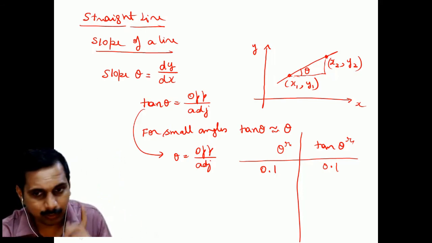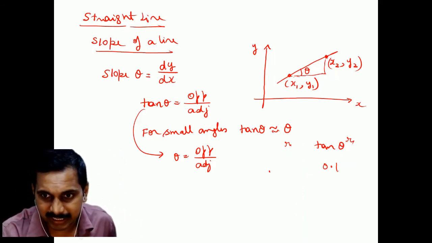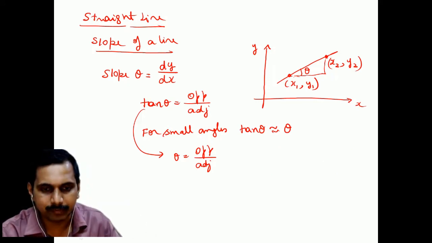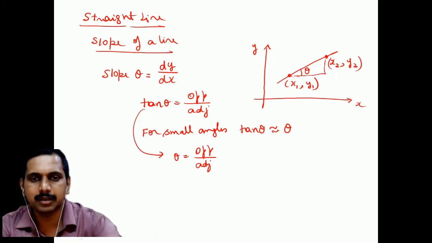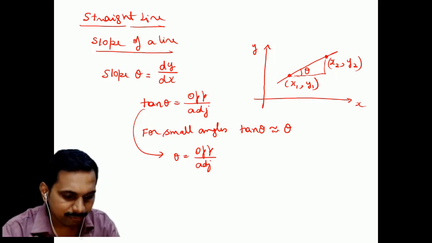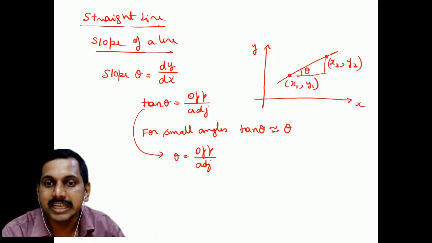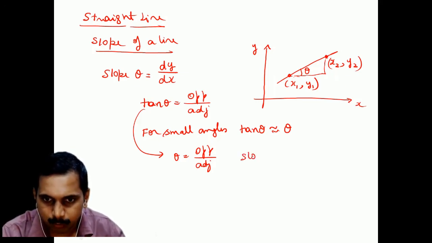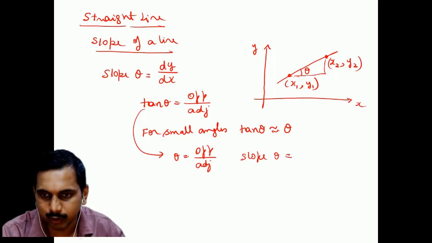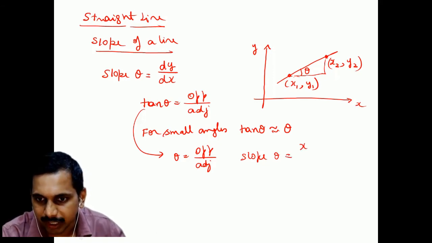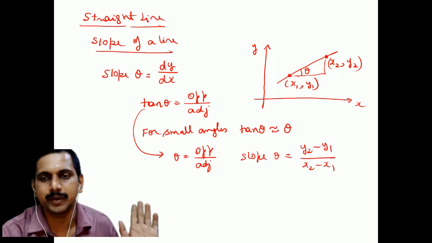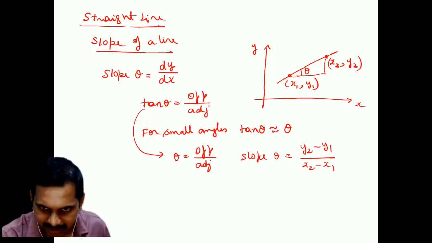Okay. So now this is theta and tan theta is fine. So we are going with the basics. Here tan theta is opposite divided by adjacent. Fine. Very good. So this will become dy by dx if it is there. Slope is equal to y2 minus y1 divided by x2 minus x1. Is that clear? Very, very simple.